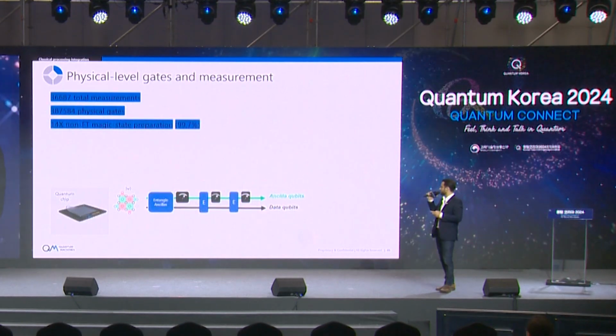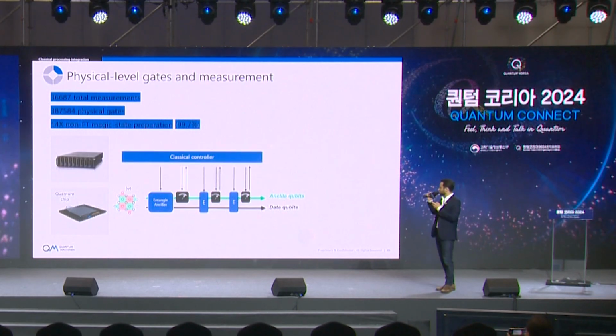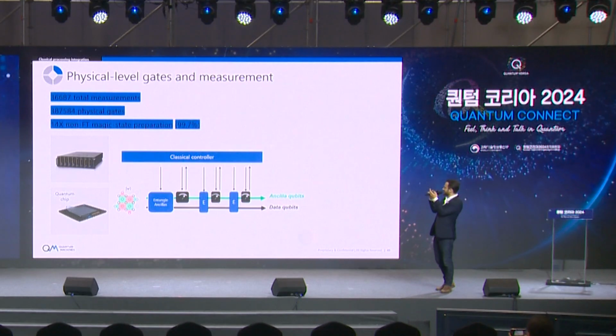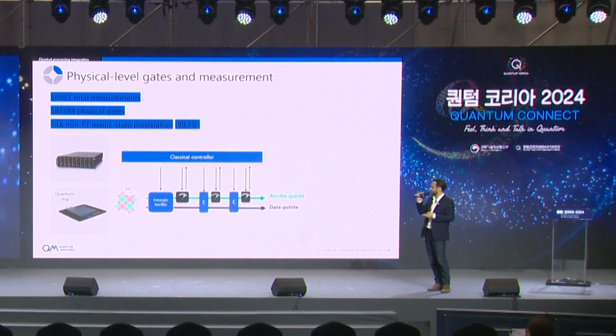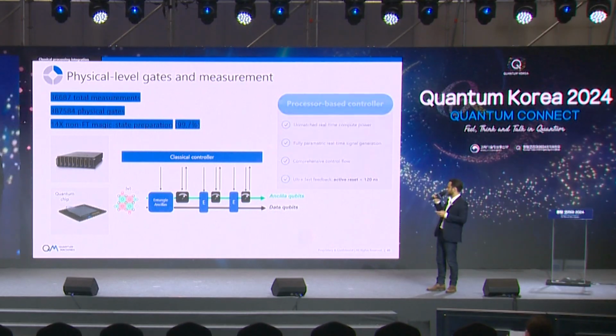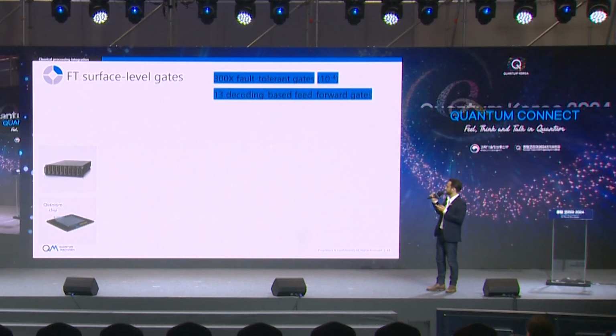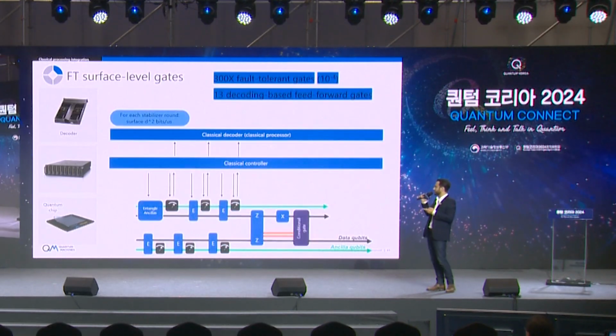So already, if you look at the basic operation to apply all these tens of thousands of measurements and even more gates, you need processing. You need to generate all of these pulses. For that, you need a lot of processing power. But then, as I mentioned, you need to add on top of that all of the